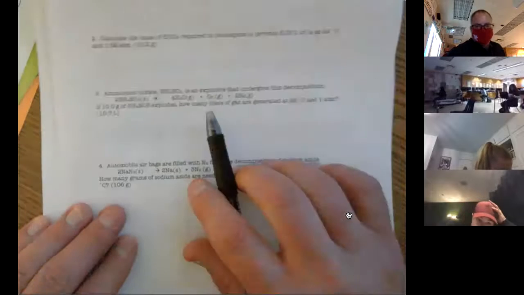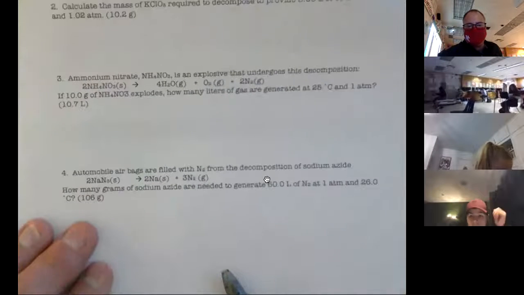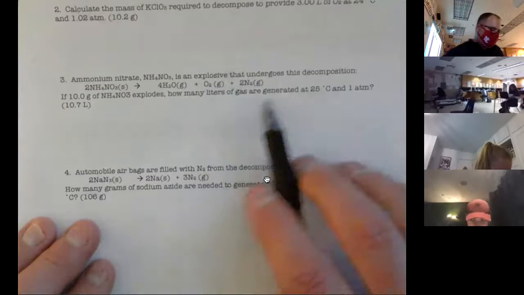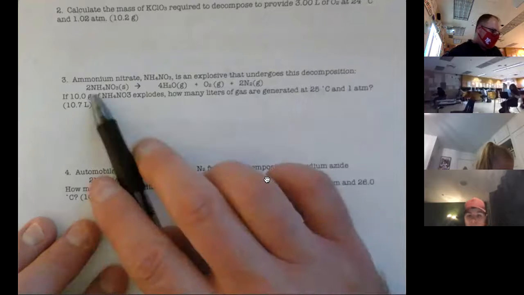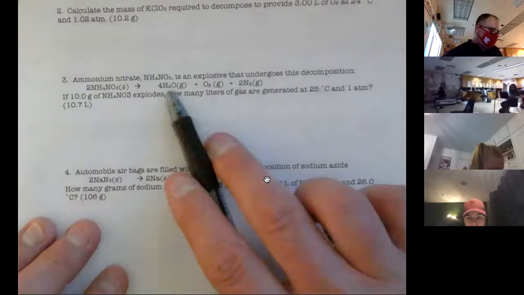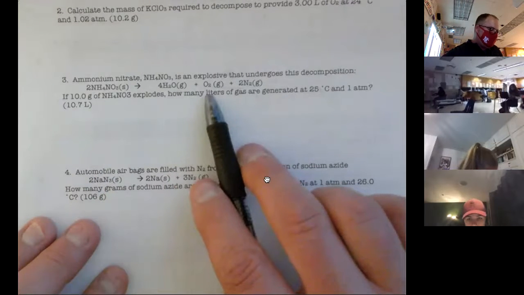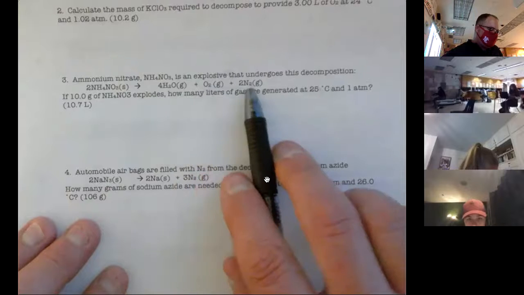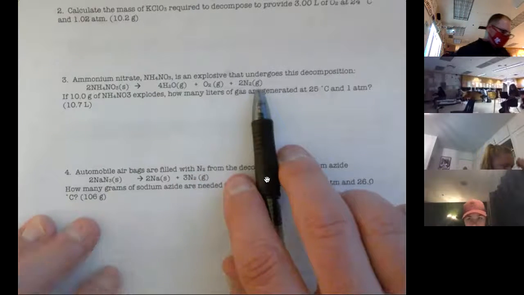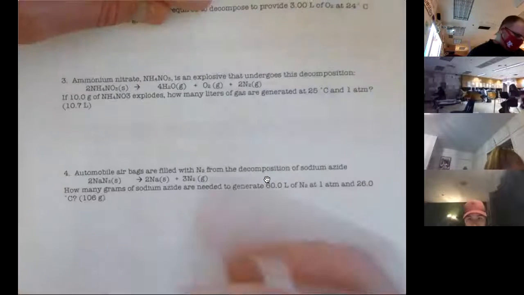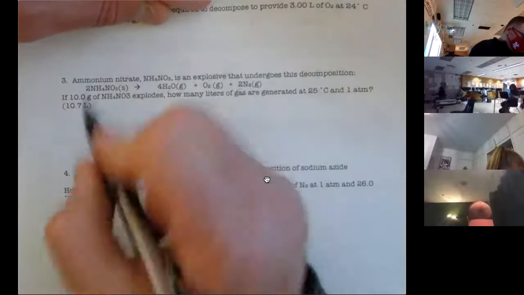All right, so the question that was asked about was number 3. So we have ammonium nitrate. It's an explosive that undergoes decomposition. For every 2 moles of it, you get 4 moles of water vapor gas, 1 mole of oxygen, and 2 moles of nitrogen gas. So if 10 grams of this undergoes an explosion,